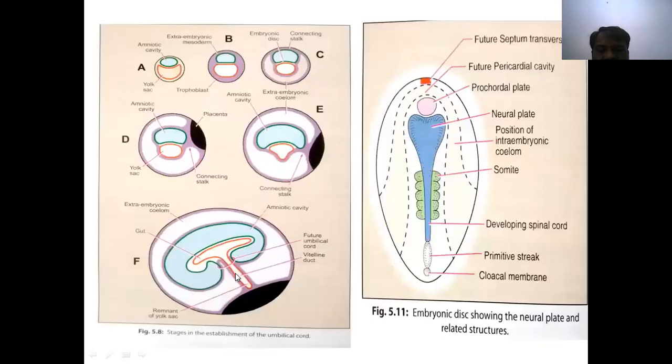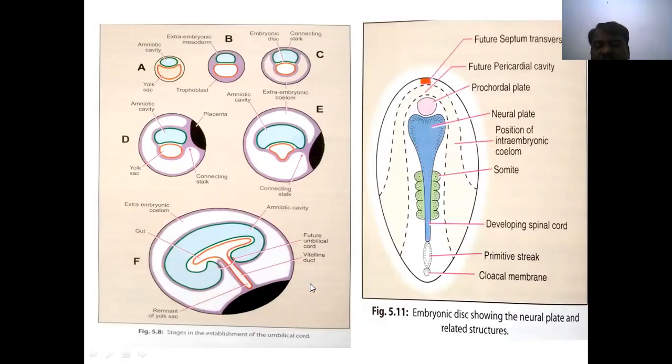See here how this umbilical cord is formed. The green color is showing the ectoderm layer. The pink color is showing the yolk sac. This is the vitelline duct. This is the extraembryonic mesoderm. Collectively, the vitelline duct, ectoderm, endoderm layer, and mesoderm form the umbilical cord. As the embryo grows, the umbilical cord extends from the placenta towards the baby. So the umbilical cord forms like this.